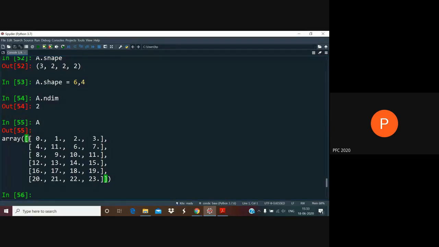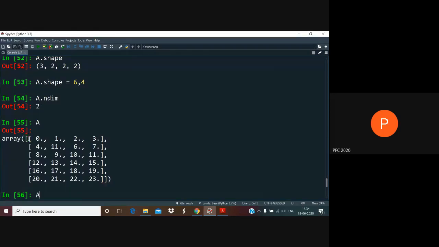Okay, same bunch of numbers over and over again, but you're writing them in different formats. In the memory, they're written the same way, but because of these shape attributes changing, there are different ways of handling this, and they will be used in different ways. Okay, and now there are some other things.